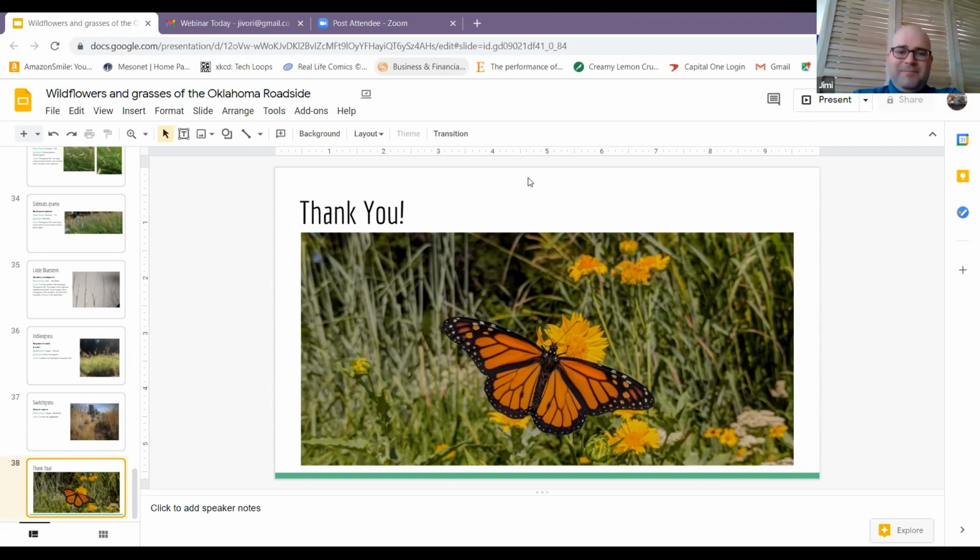Okay, Sarah asked if we already started a prairie, is it better to start over or keep pulling grass? It depends on how bad it is, like if it's Bermuda grass, and how much effort you're going to put in. Because the bigger the Bermuda grass stand, the harder it's going to be to remove. And so, depending on your tolerance of an introduced grass or a grass you don't want in the stand,